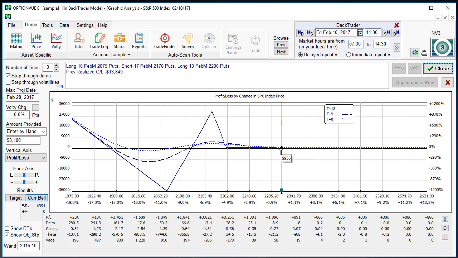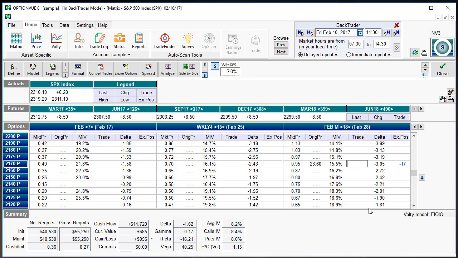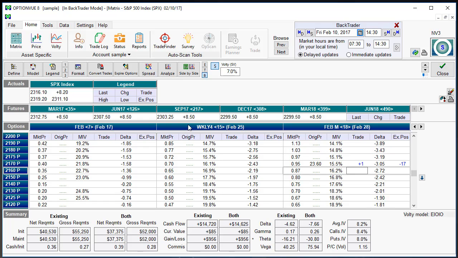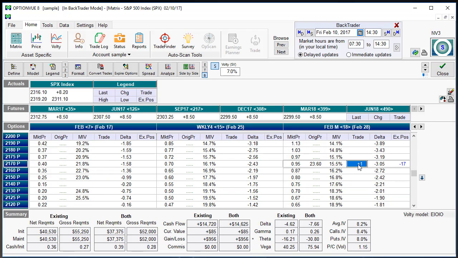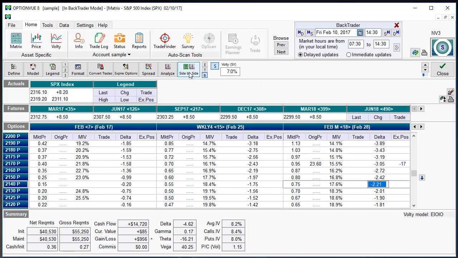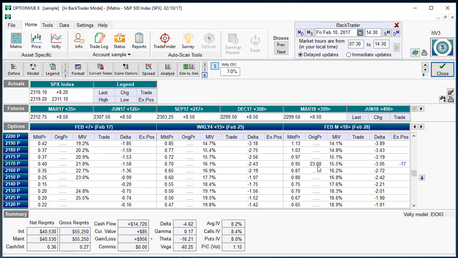You either capture and realize these profits and close the trade, you only have 18 days left to go, or what do you have to do? You have to buy in another one of these, and every time you buy one of those in, you sacrifice more of these upside profits and more of these upside gains. But look at what has happened, and I ask you the question, why is it happening? Okay, you have 18 days to expiration. Options that you sold for